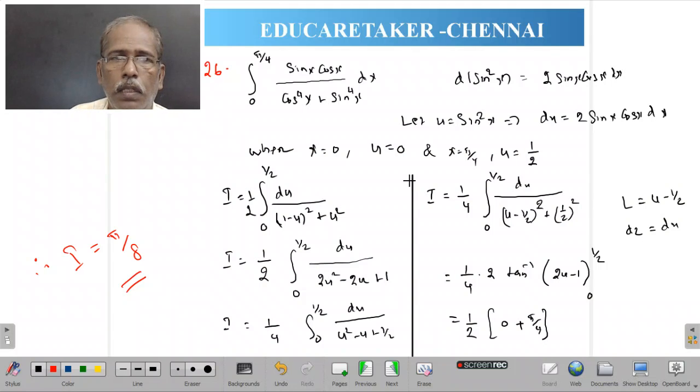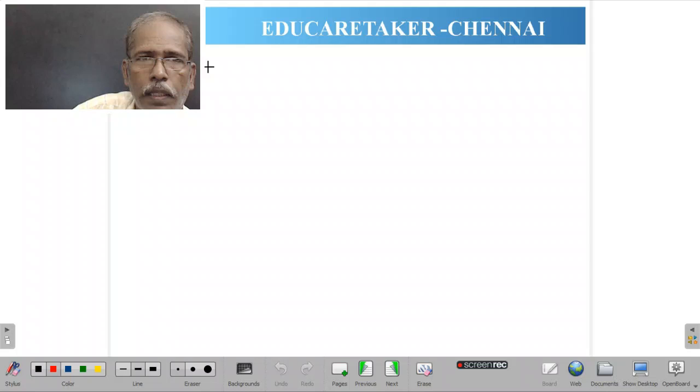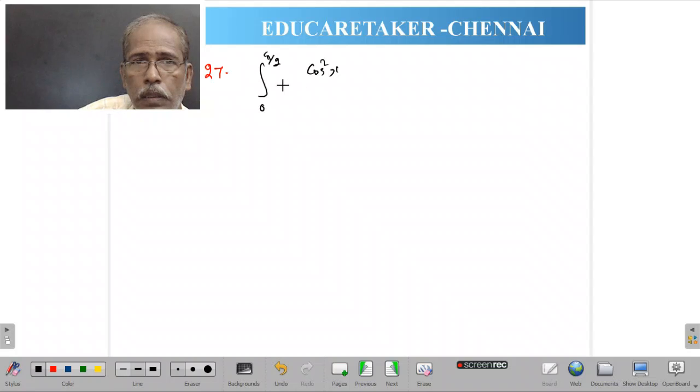Just copy it. We will go to the next question, question number 27, and go through it. 27. Integral with the lower limit 0, upper limit pi by 2, the numerator cos square x, the denominator cos square x plus 4 sin square x